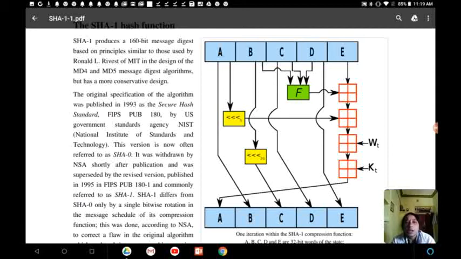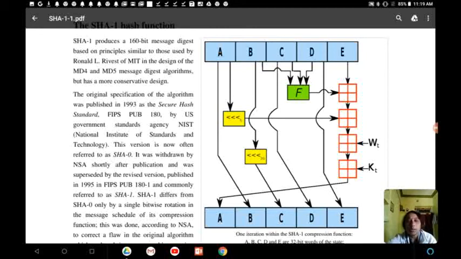Then the shift register E gives the input to these operations. Whatever output we are getting will go as the input to the final shift register A. So finally whatever values are stored in the shift registers A, B, C, D, E, placed down, will be the message digest value. So this can be explained.